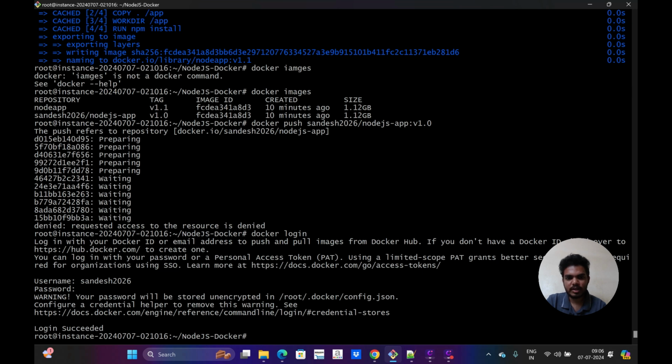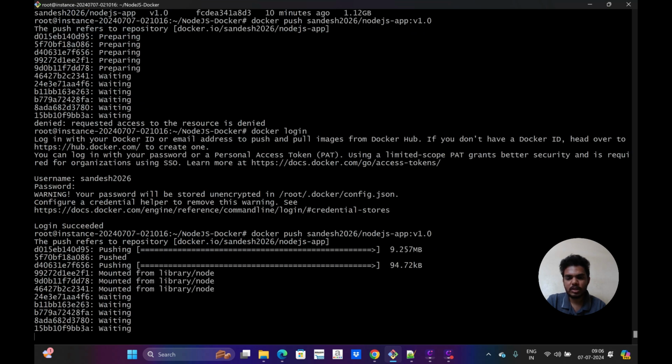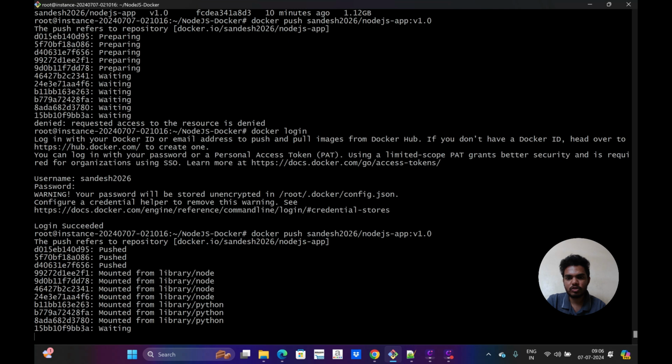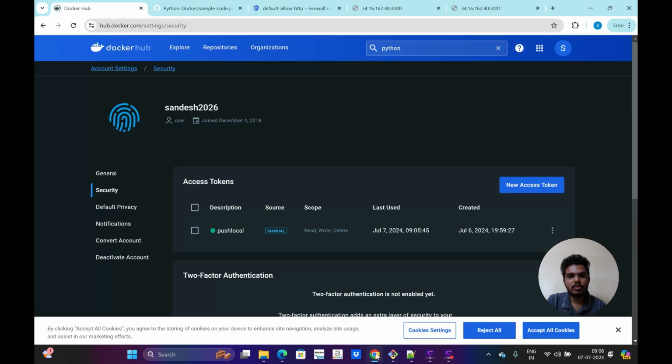So Docker login is done. Next, what next? I have to push this image, so I use the Docker push command. It will push the image to Docker Hub now. It is pushing now. Once that is done, if I go here and go to repositories and the Node.js app,